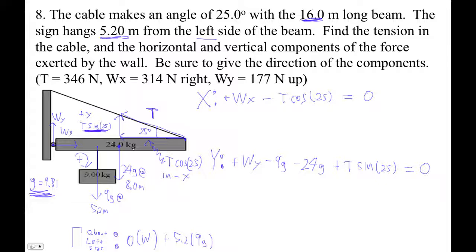The next one is the beam itself. That will also be a positive torque, a clockwise torque about this point, right? So positive 8 times 24g. Okay, and then the next one is